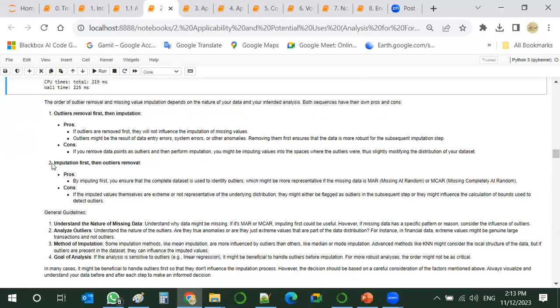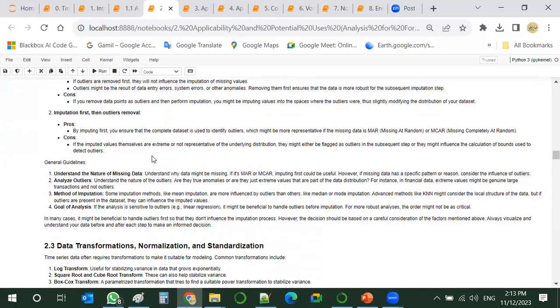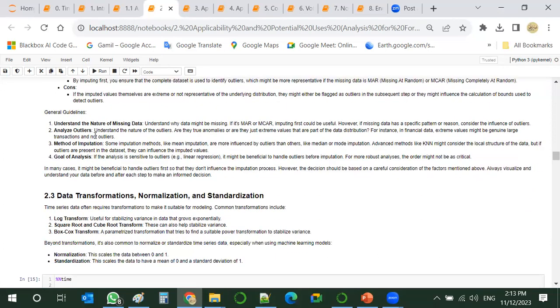Or we can do our imputation, and then later remove whatever is classified as an outlier. And again, it depends on the nature of the data and the domain knowledge. Nevertheless, here are some general guidelines. Understand the nature of the missing data. This is obvious.